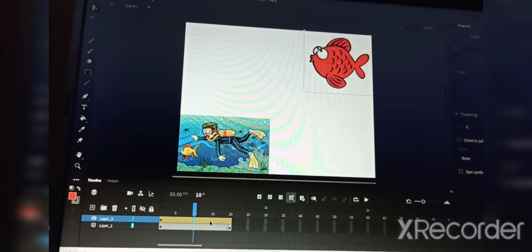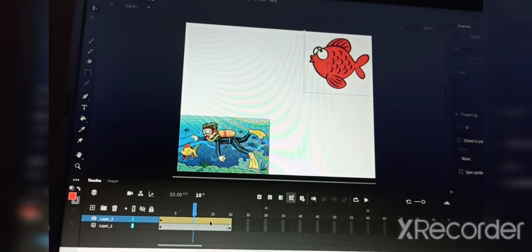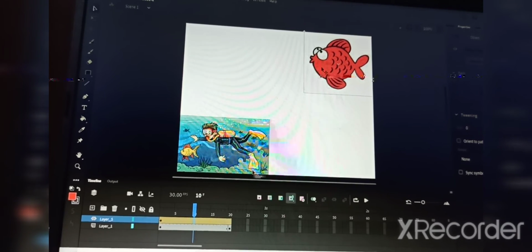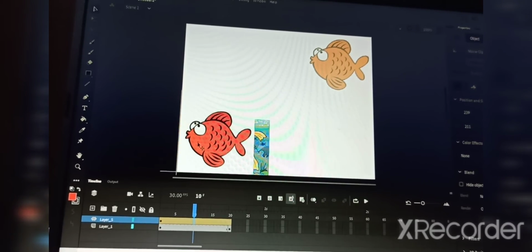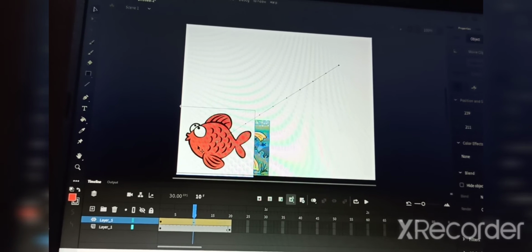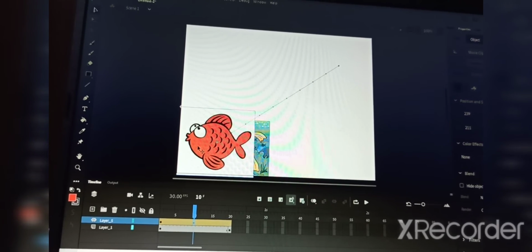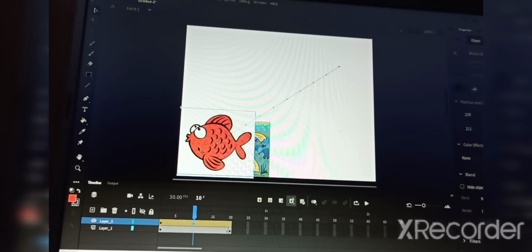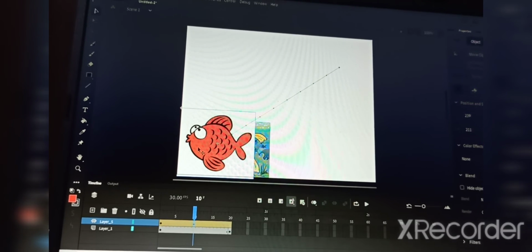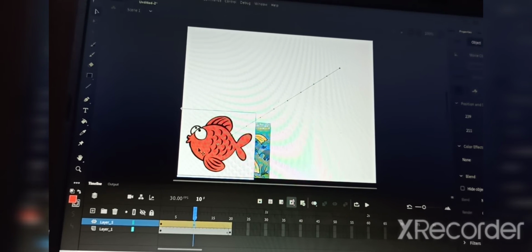After creating that, just move your image like this. Can you see here the string will come there? Yes, a curve path will be created. The path will appear on which the object will move. You can create a curve path for your object. So you see the dotted line, that is the curve path.